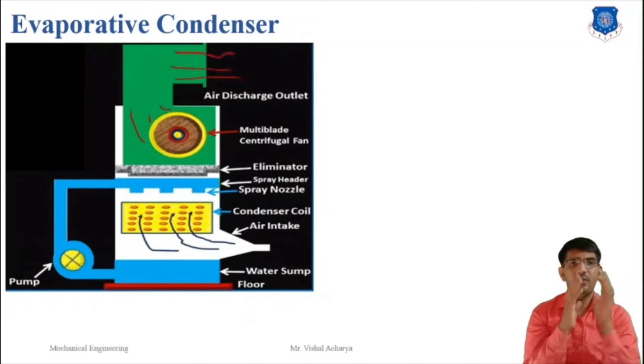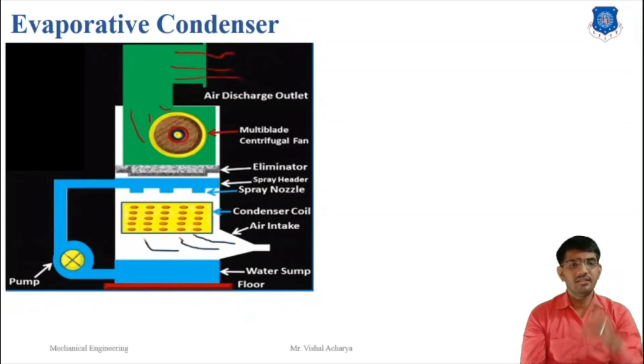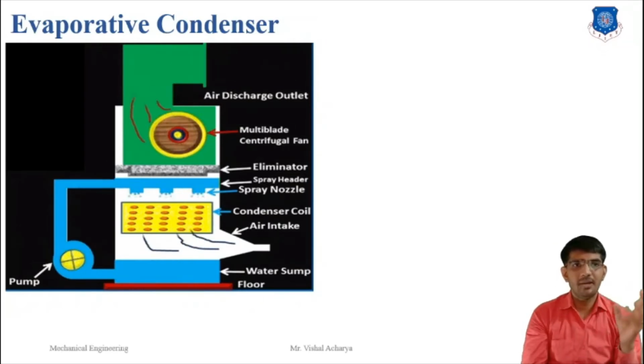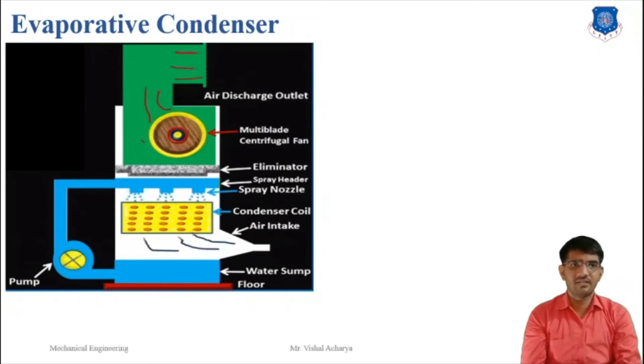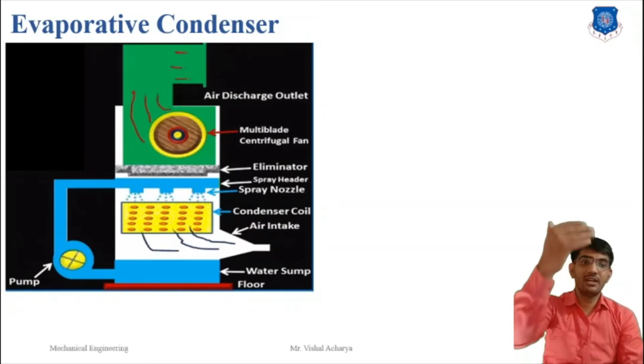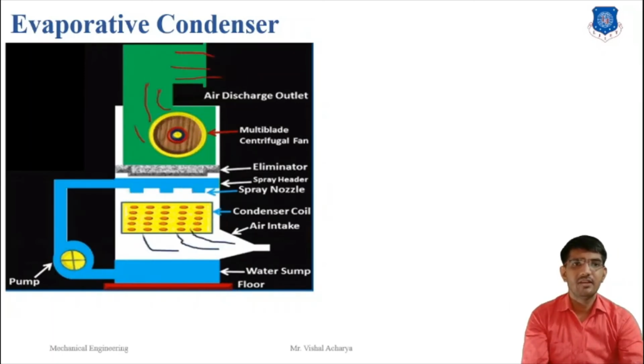Here are the advantages of the steam condenser. It increases the efficiency of the plant, as it reduces the back pressure of the steam, and as a result more work can be done. It reduces the temperature of the exhaust steam, and this allows more work to be obtained. It allows reuse of the condensate as feed water and hence reduces the cost of power generation. The temperature of the condensate is more than the feed water, which reduces the supply of heat per kg of steam.